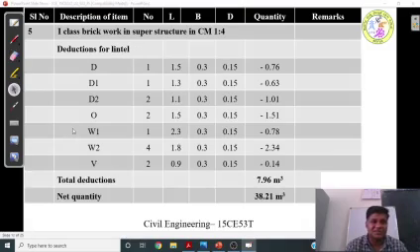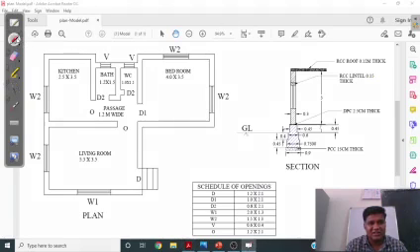Deduction for openings. Next, you can see in this drawing clearly, the masonry part that has to be deducted is this opening part and this lintel part. Since the sill concrete is not provided, I can't deduct sill concrete. So this lintel should also be deducted. This lintel is nothing but a small beam which will be provided above the openings to carry the load above the opening. So it will be provided in all the openings.